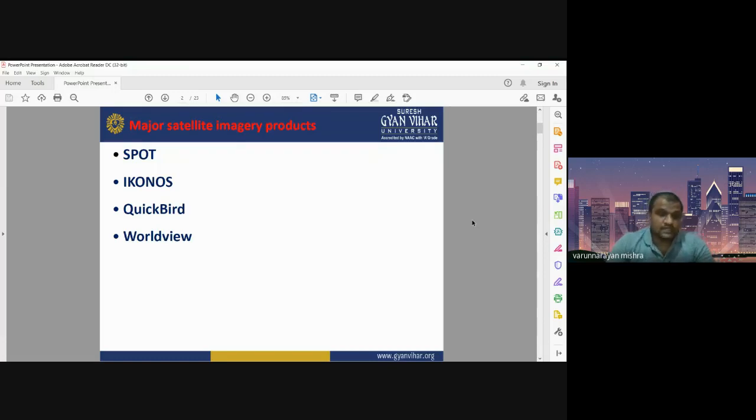As we all know, spatial resolution is the ability of any sensor to discriminate two close objects, and it is directly related to the pixel size. If we have pixel size 1, pixel size 5, pixel size 10, that is known as its spatial resolution. A 1 meter pixel size means its spatial resolution is 1 meter, and that means it can easily discriminate two close objects within the range of 1 meter.